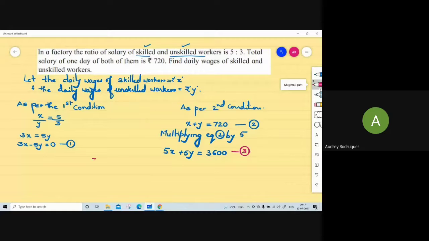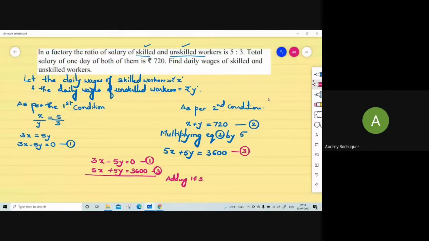So we will have 3x minus 5y is equal to 0, equation 1. 5x plus 5y is equal to 3600, equation 3. We will add equation 1 and 3. So that will give me 8x is equal to 3600. X is equal to